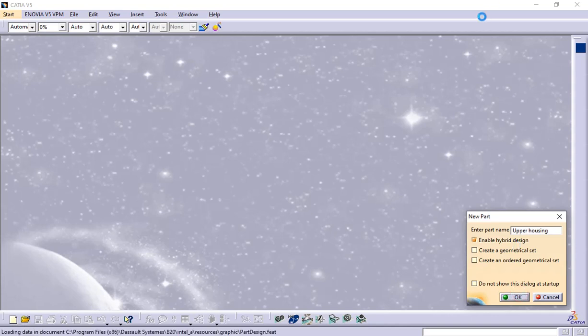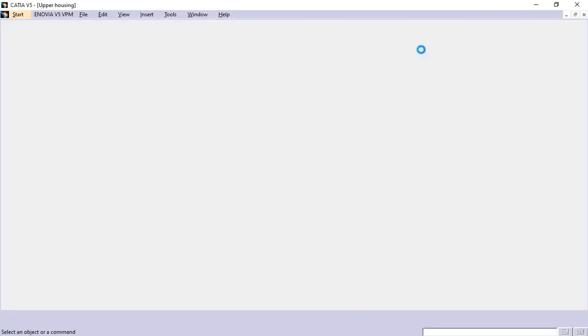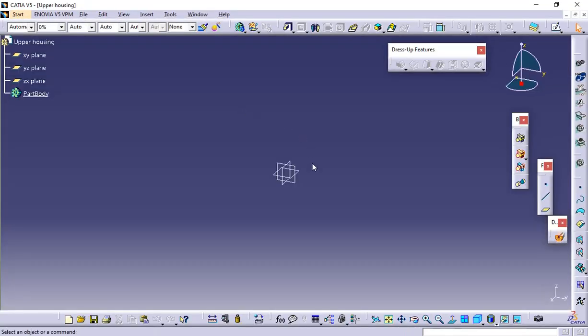Click OK, and selecting the right side view, and go to sketcher, selecting the plane,